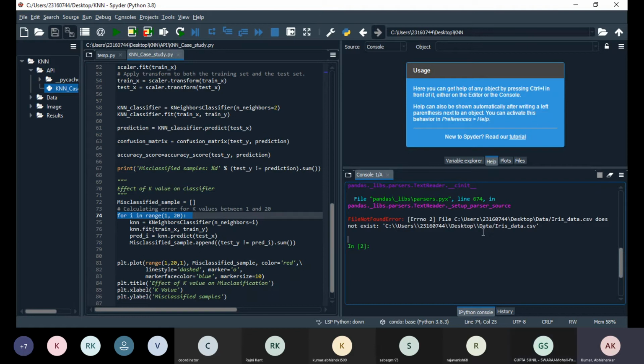So it says it does not exist. Can you go to data? It is there, no? Just a minute. Let me check. Okay, sir.